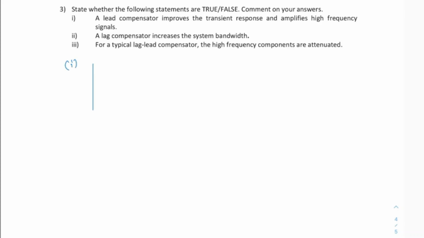Let's look at a Bode plot of a lead compensator. This is omega and this is C of j omega's magnitude. So at low frequencies, we don't see anything. In between the 2 points that is given by